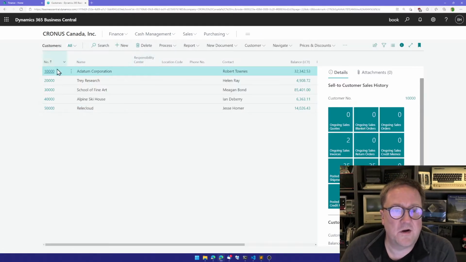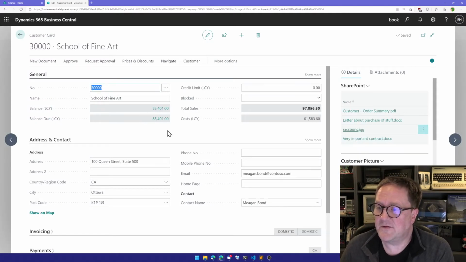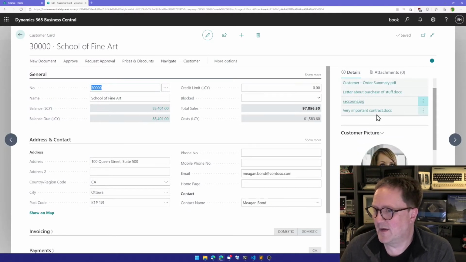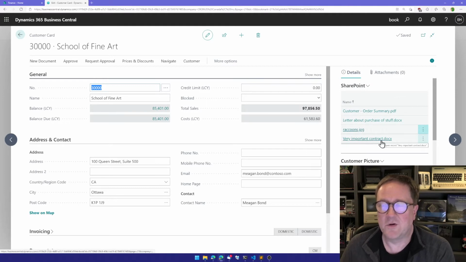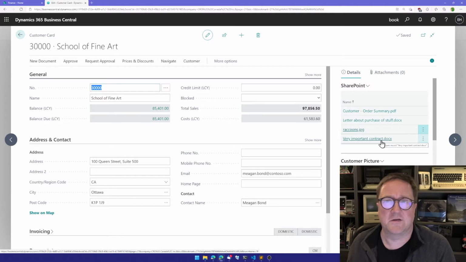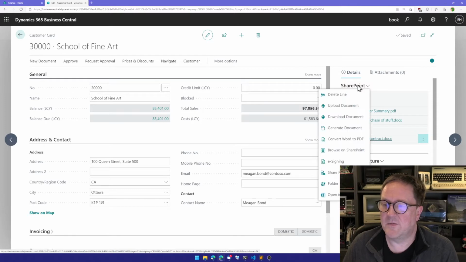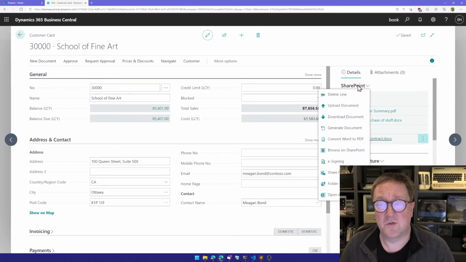I'm going to a customer. I think I'm going to this customer, and on this customer we have a document, a very important contract, and we would like the customer to sign this, or somebody to sign it. I'll actually sign it. So I select this one, go up here, and because we have activated Adobe Sign, we suddenly have another option in the menu here called e-signing. So I select that,